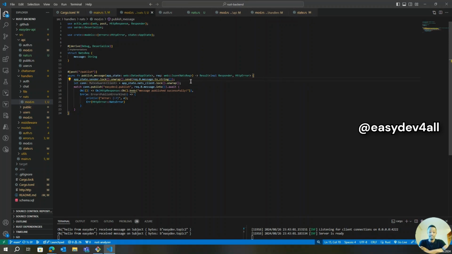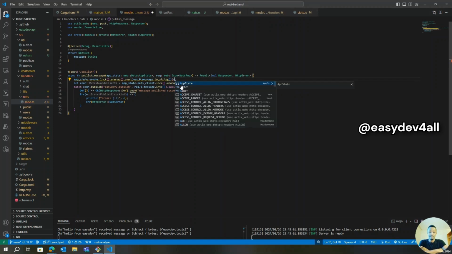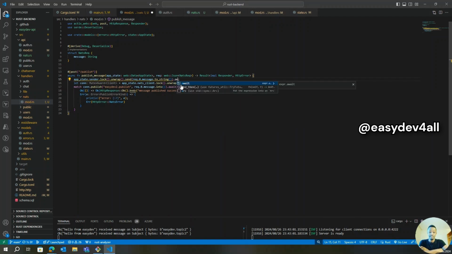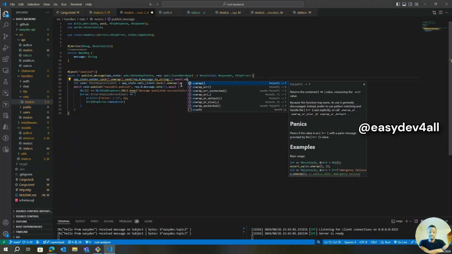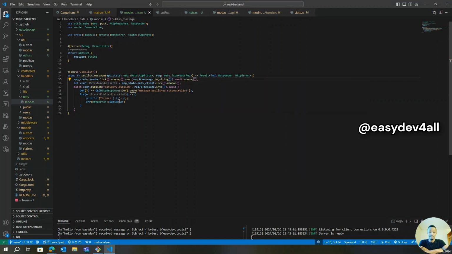And so, of course, this would also return an error. Sorry, it would return a future. So now we can again await this and maybe handle the error as well. We can also handle the error the way we are doing it here, but for now I'm just going to keep it simple. But the point is that I should be able to actually take this part out